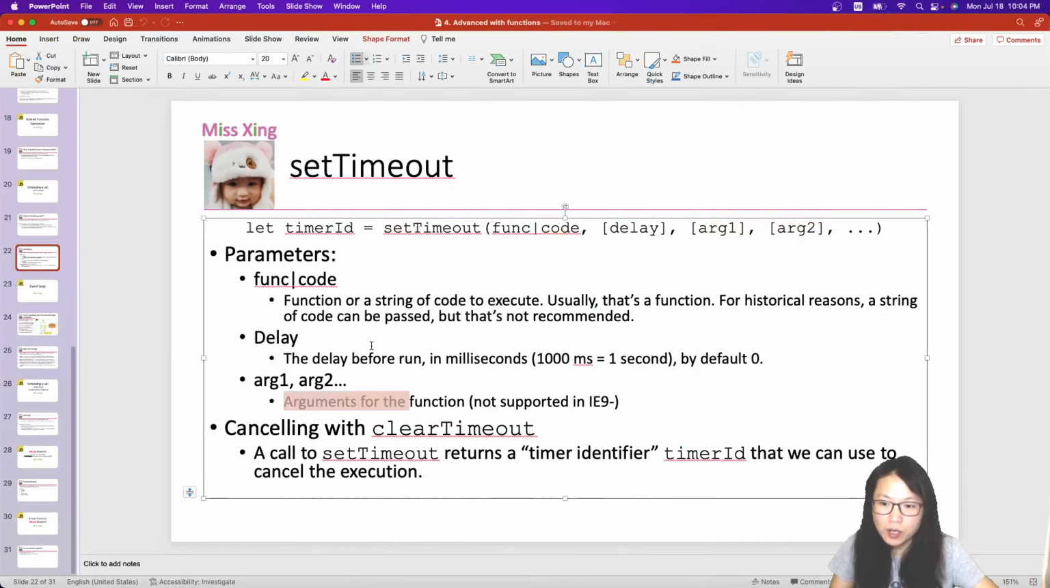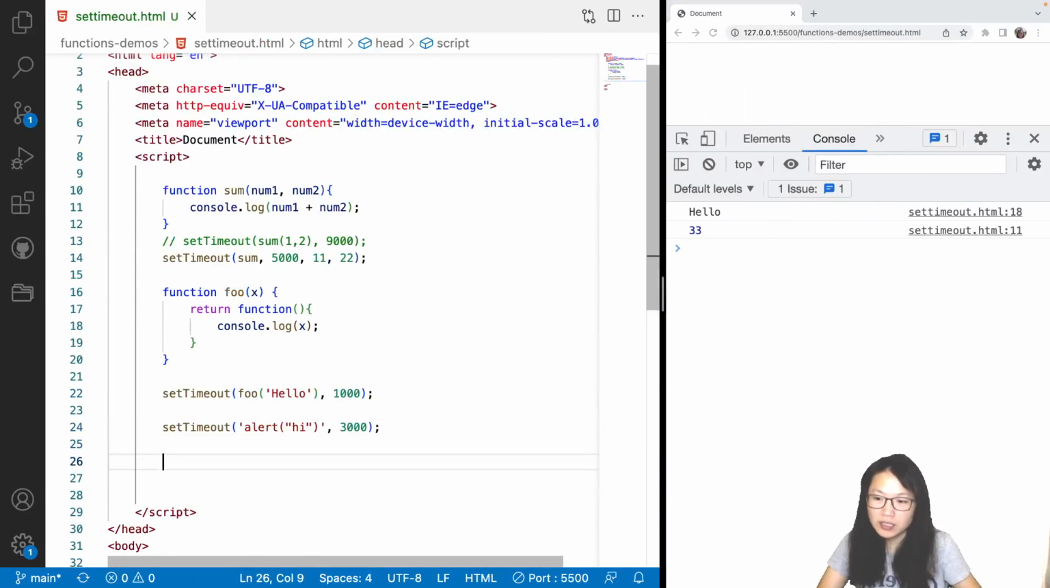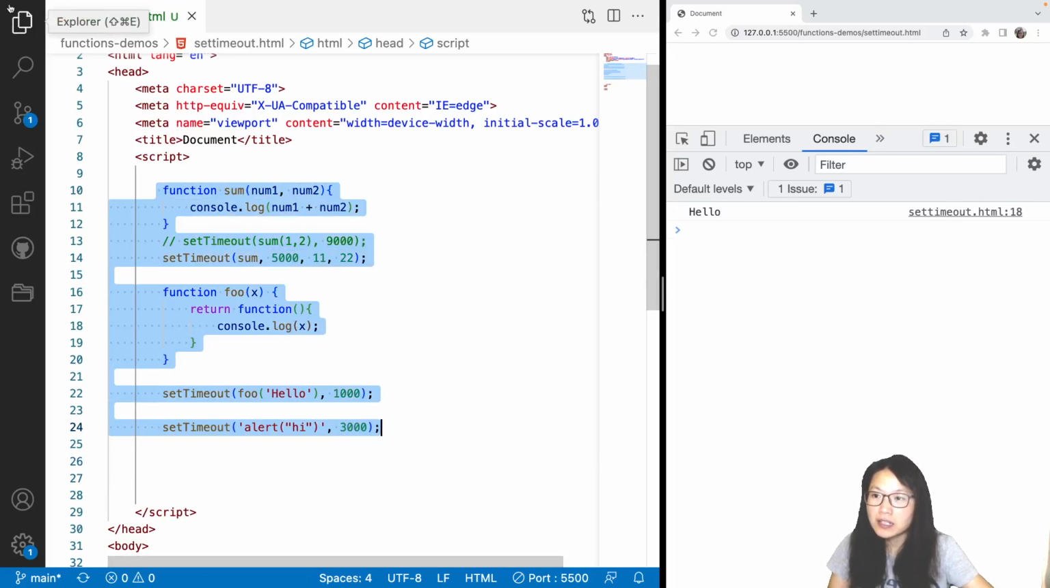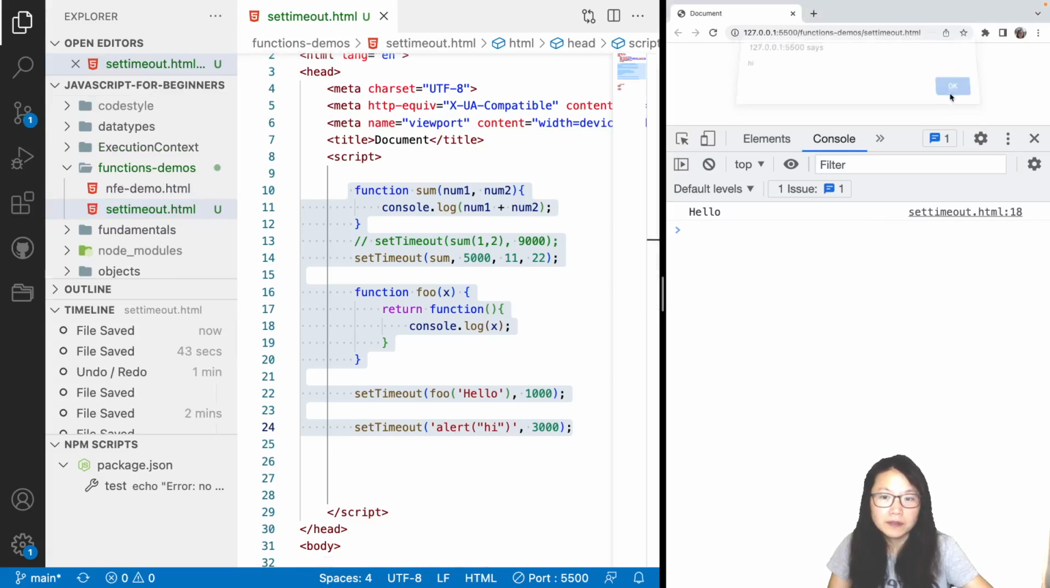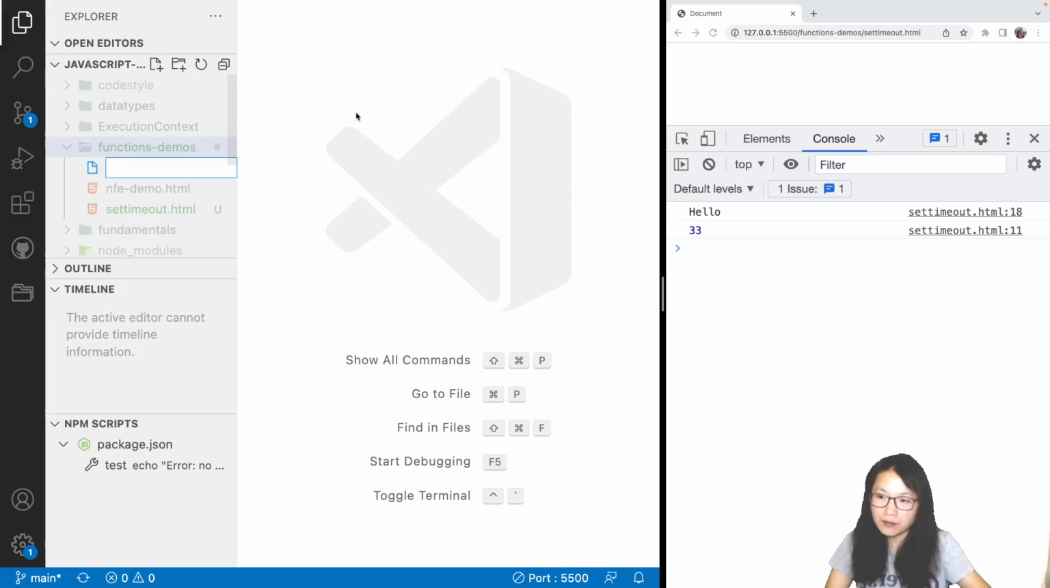I will demo this one. And let me clear timeout. Okay, clear timeout. Let me give you another demo. And here I will have a clear